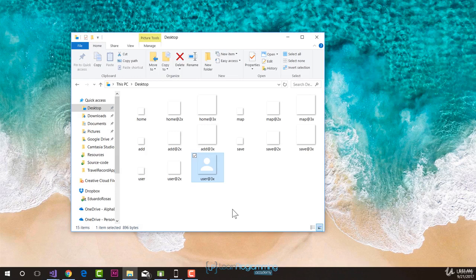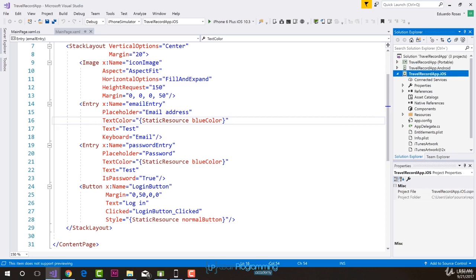Now it's time to add all of these resources to the iOS project. So I am going to navigate to Visual Studio and I'm going to add all of these icons to one new folder. Back on Visual Studio, if you navigate to the iOS project, you will see that there is a